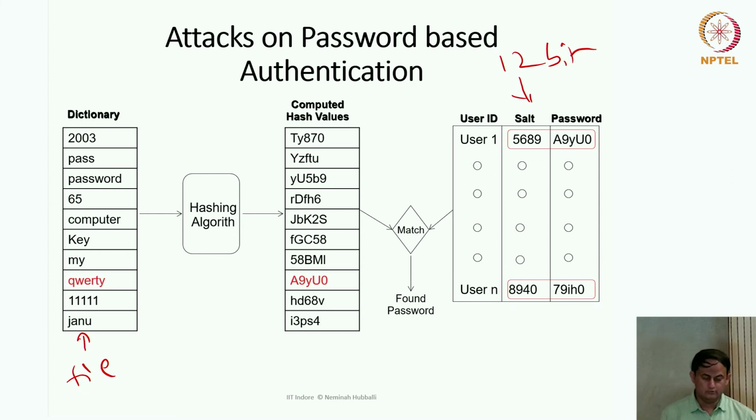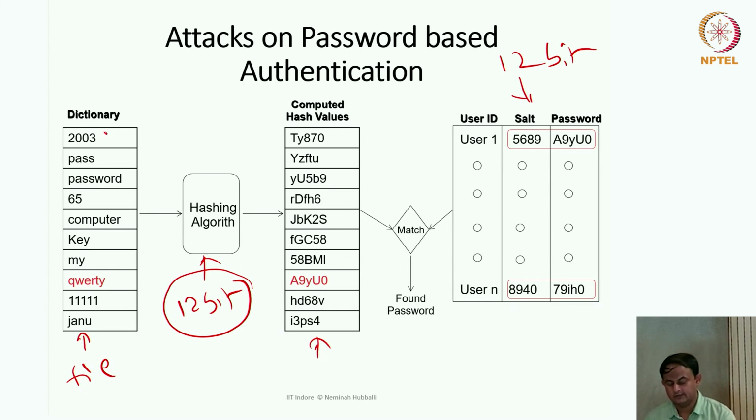Now I don't know what the salt value corresponding to user 1 is, or what the salt value corresponding to user 2 is. Then how do I pre-compute the hash values of these words? The only way is to take the 12-bit salt value, for all possible values of the 12-bit salt. For one dictionary word, you systematically generate all possible combinations of these 12 bits of the salt value,